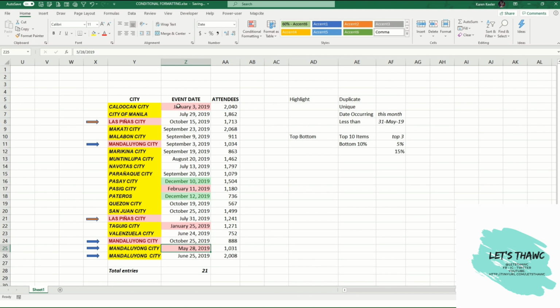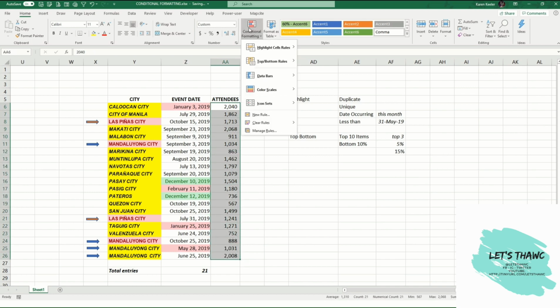So you have here January 3, 2019, February 11, January 25, and May 28. Now, there is another option where we can identify the top or the bottom numbers in a particular array or table. So by highlighting this list, let us go to conditional formatting again, go to top bottom rules. Now, I want to identify the top three